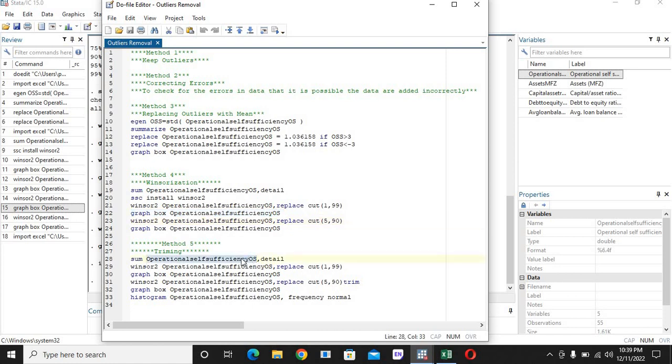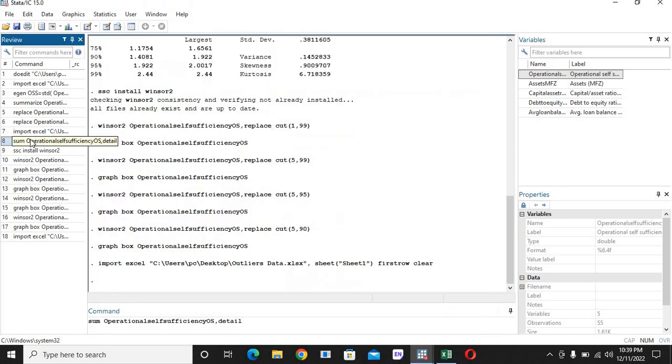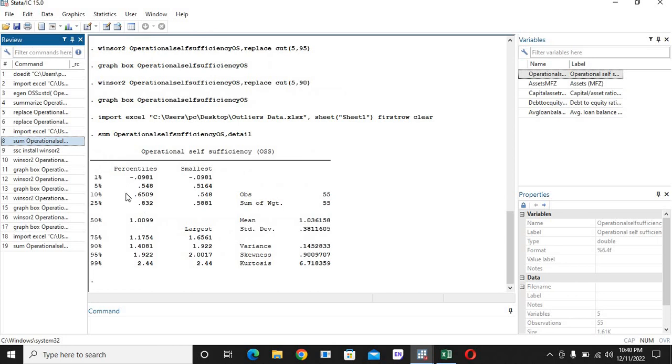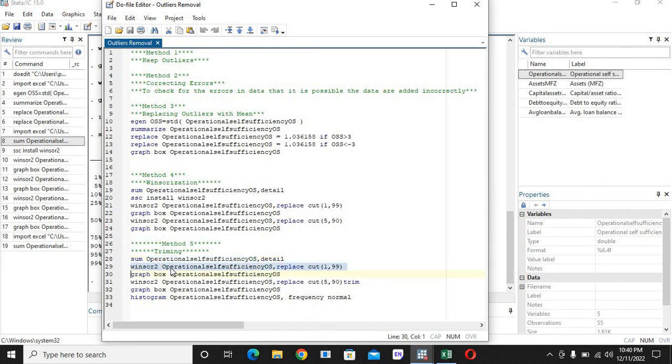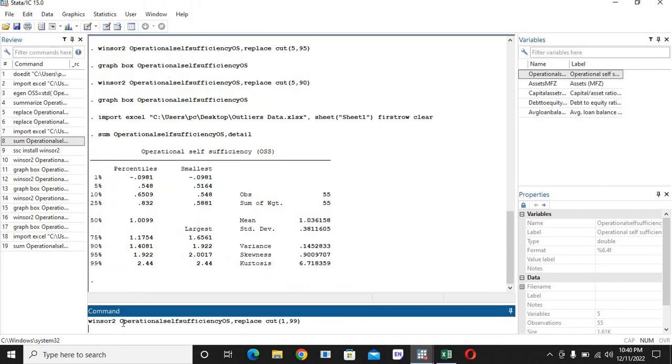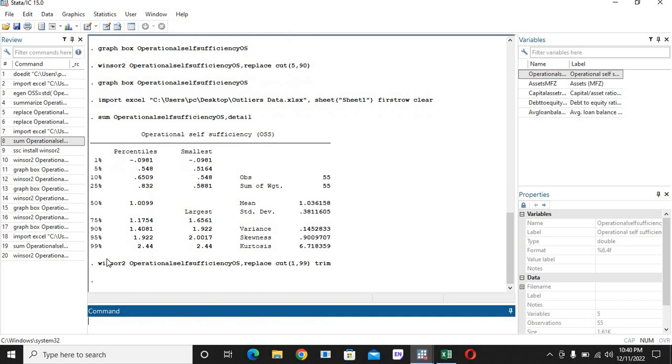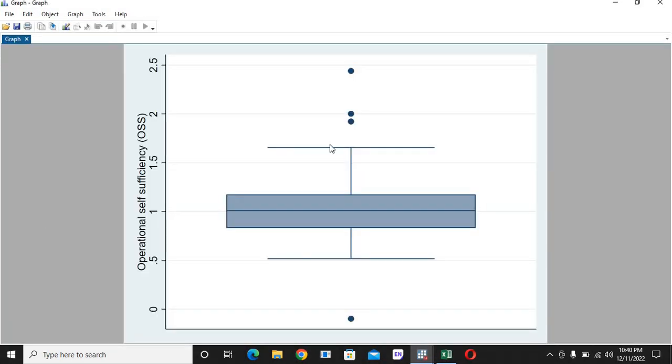So for this the command is again the same. You first need to check the percentiles, then you need to add the command winsor2 to your variable, comma, replace, cut, and then trim. The same command, but in the end you need to add trim. Press enter and make a graph box of it to see whether the outliers have been removed or not. You can see it is not removed, so we need to